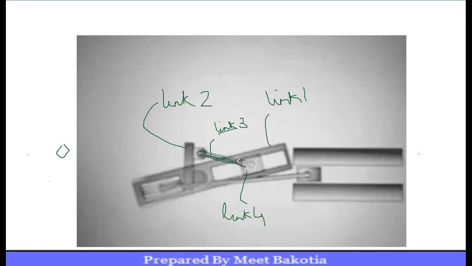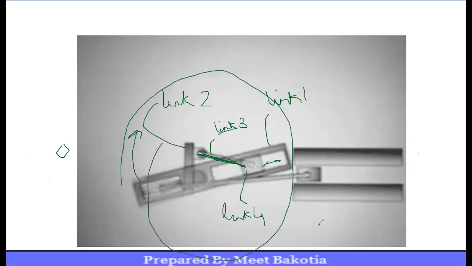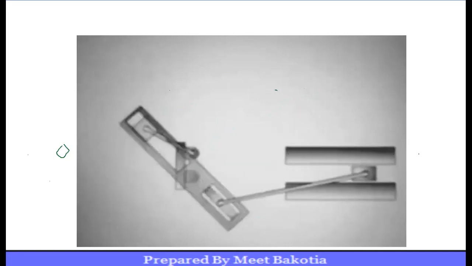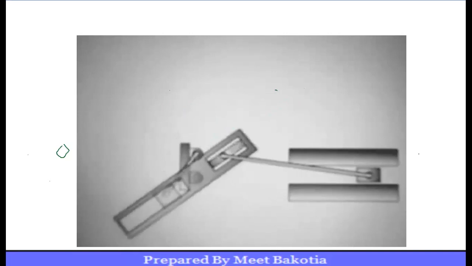As the driving crank will take one full rotation, because of that, the slider is going to move up and down. Because of that, this slotted lever will also take one full rotation. And because of its rotation, this oscillating lever is going to oscillate, and it is going to cause the to and fro motion of the ram or the slider. Let us keep on seeing, you'll understand.